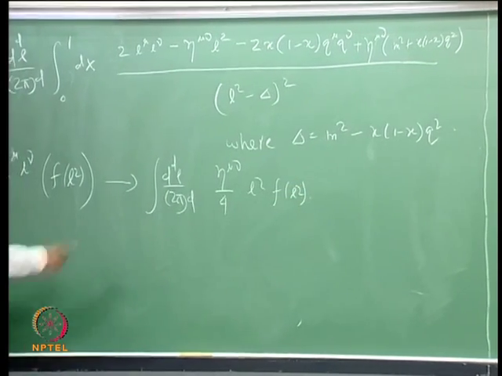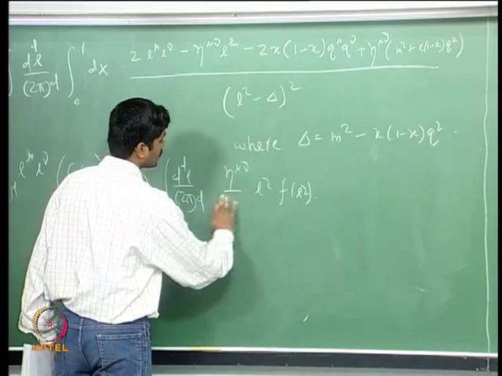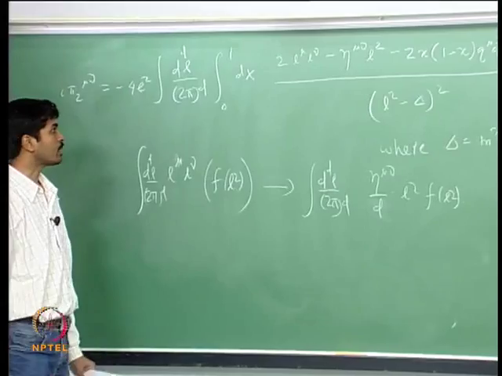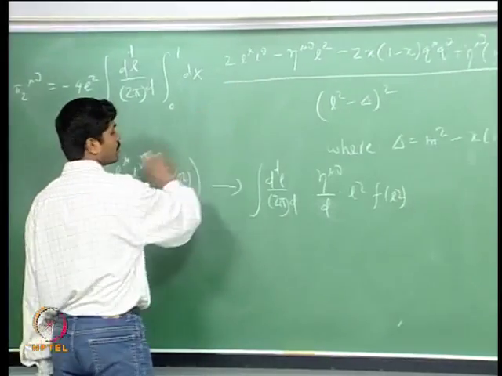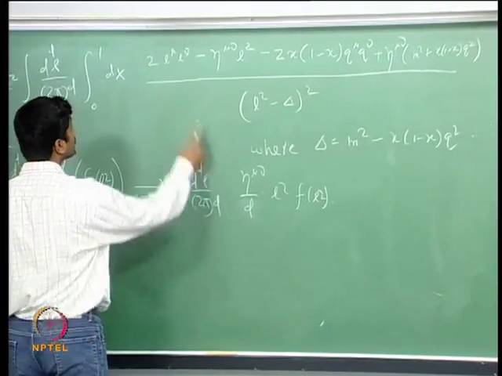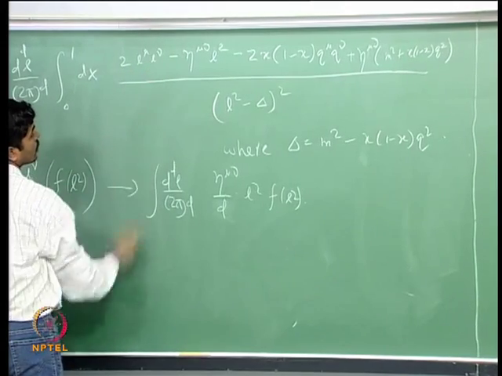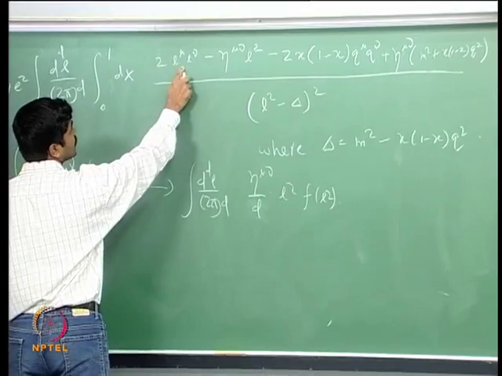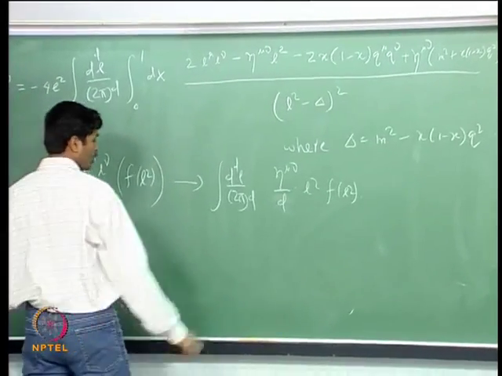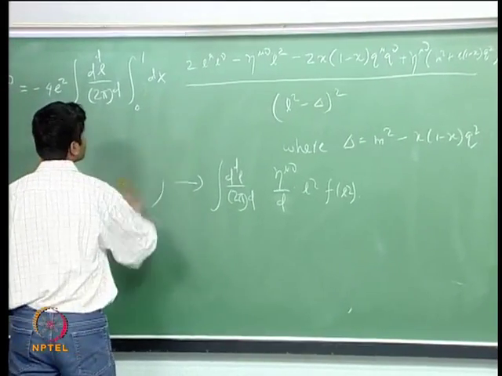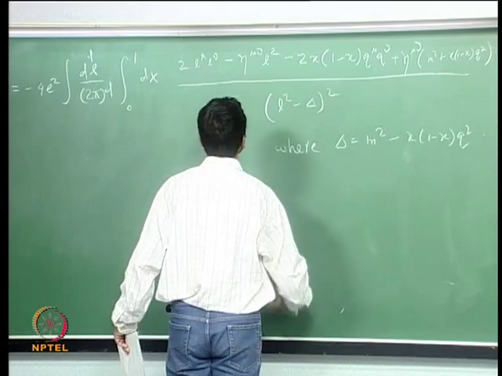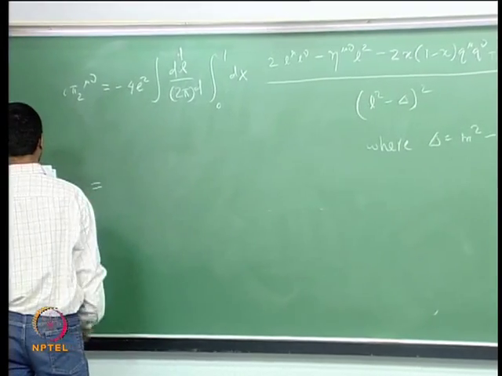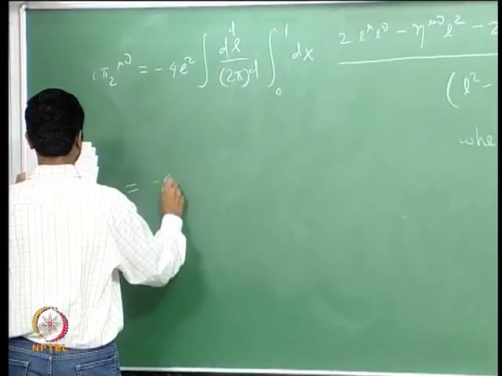But here now, because we are evaluating it in d dimensions, instead of 4 I will have a d here, and all other expressions will be the same. So, here instead of 2 L mu L nu, I will write 2 divided by d L square eta mu nu. So, if I write it in two separate pieces, these two when I combine will give me minus 4 e square